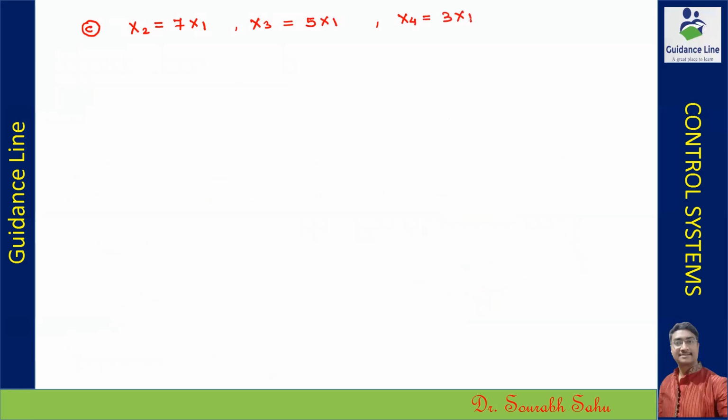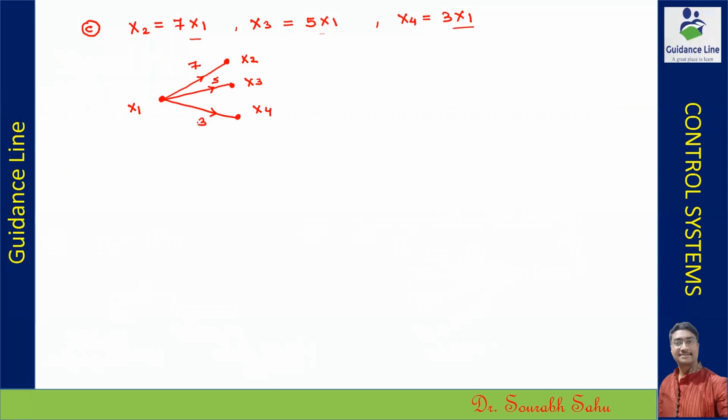So now you can see over here we have one node common in all the three equations, which is x1. Since x1 is common, we can consider x1 as an input node over here and we have three other output nodes. Let us suppose this is a node x2, this is a node x3 and this is a node x4. So I connect all these three output nodes with x1 and the gain multipliers are 7, 5 and 3.